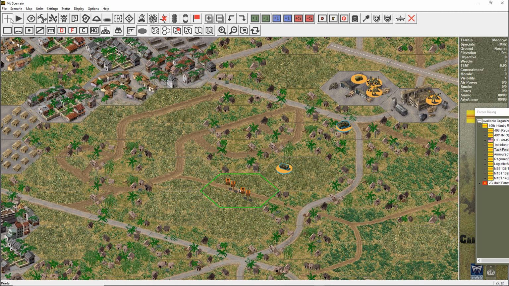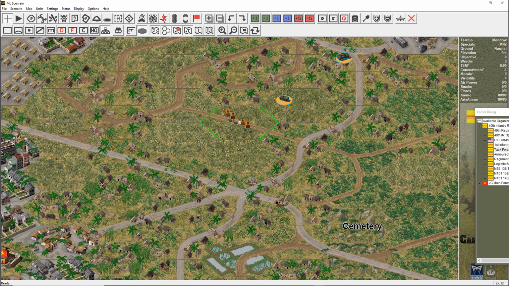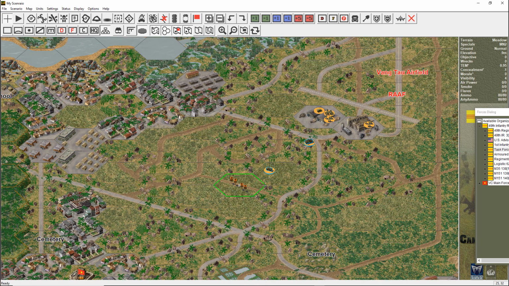Having the side awareness here is huge for scenario play, and that's part of the experience that you're going to be seeing when you play the game. You don't know where the enemy has plotted their minefields. You don't know where they've plotted their roadblocks. You don't know, even if, there's no way